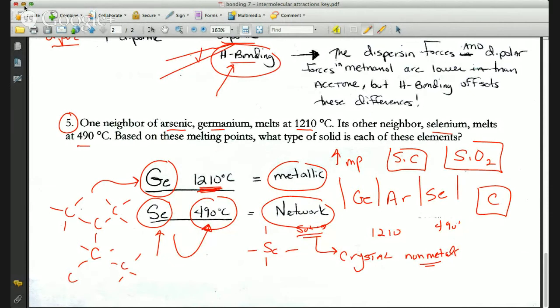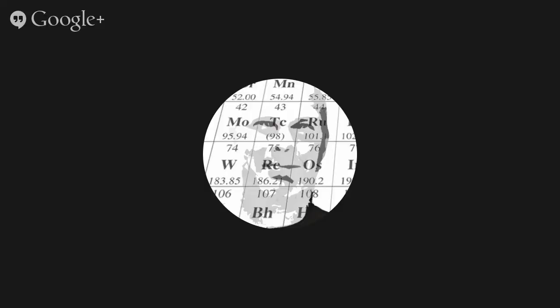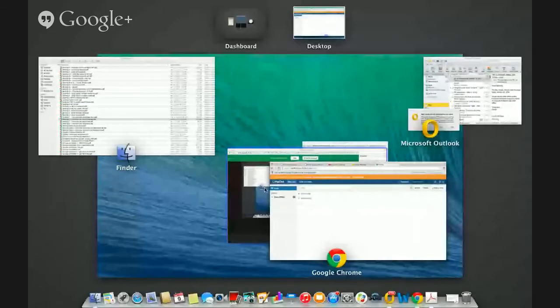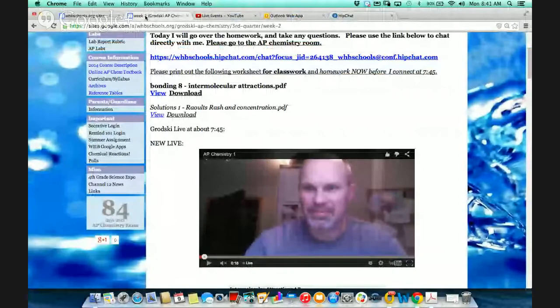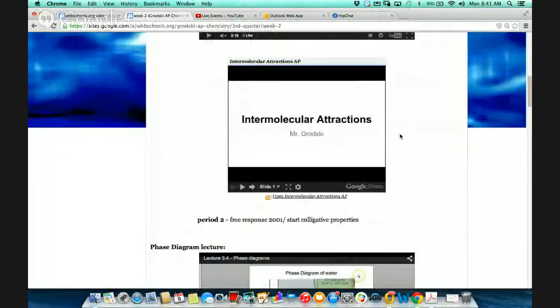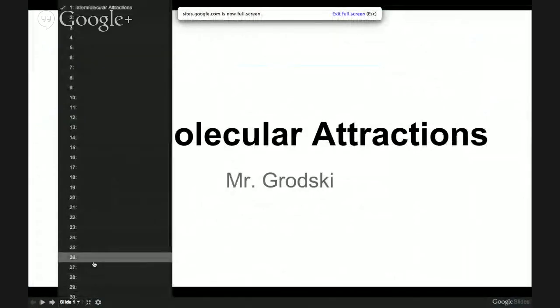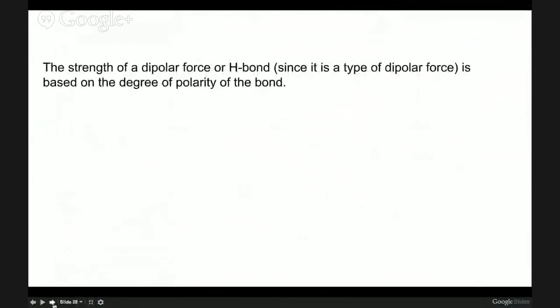Okay, so I want to go back to screen share. Hold on, that screen, and I want to go to our class web page and see my smiling face. Great. And I'm going to go to our intermolecular forces of attraction, looking at H bonds,